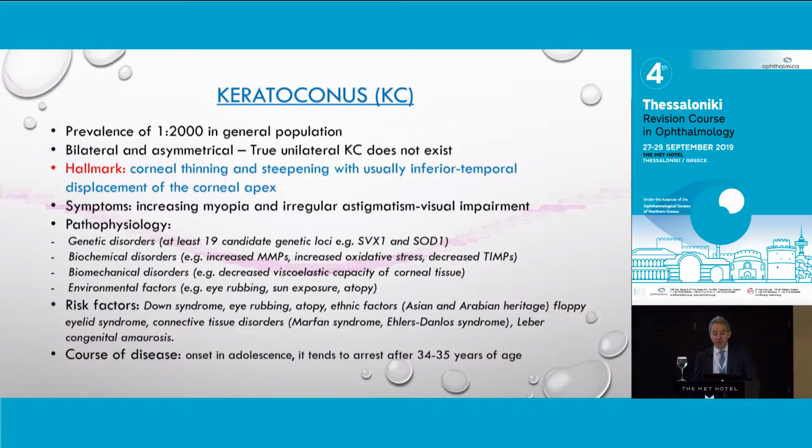And it's also typically arresting at 34, 35 years of age. By that time, a natural stiffening of the cornea has occurred, but we also see patients in their late 30s with progressive keratoconus, and of course there are patients with first diagnosis of keratoconus at the age of 40 and